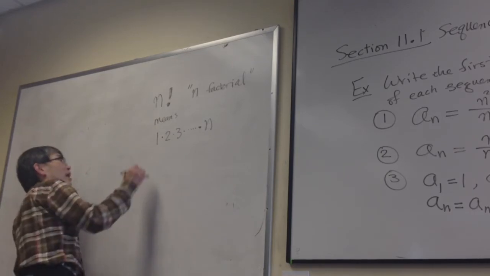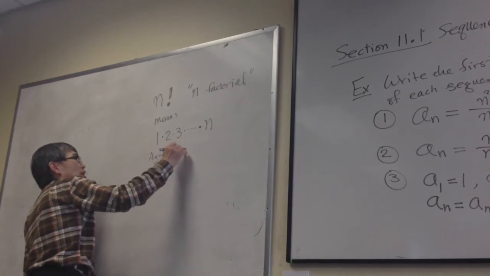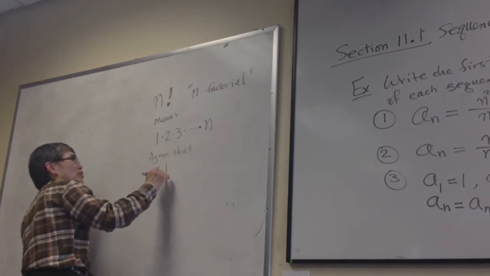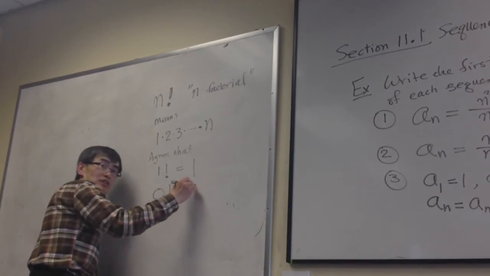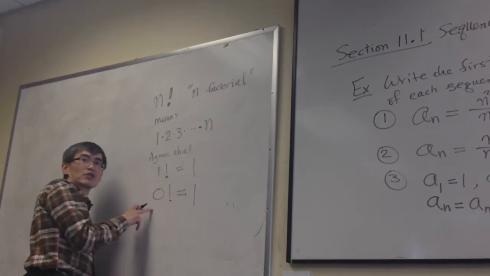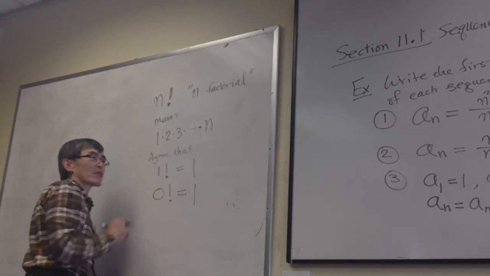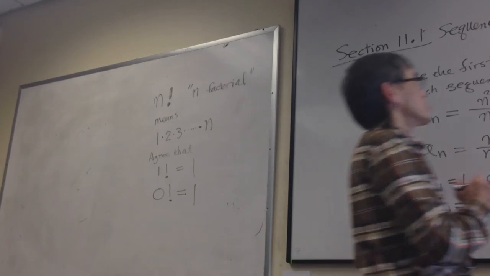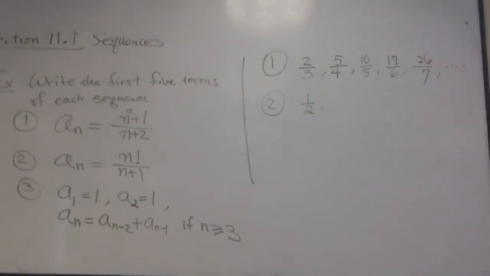Agree that 1 factorial means 1, and 0 factorial also means 1. We agree that 0 factorial means 1 for no particular reason. All right? So for number 2, what's the first term? 1 over 2, right? 1 factorial is 1, and 1 plus 1